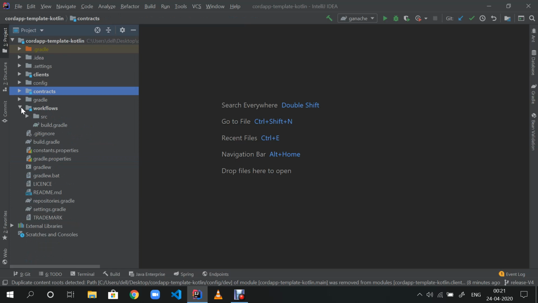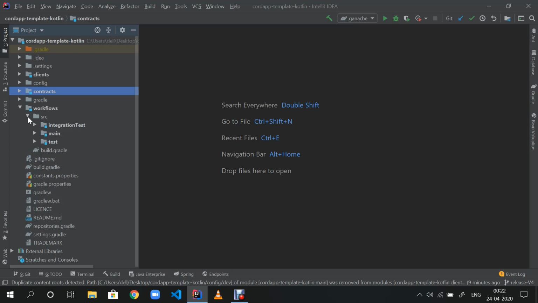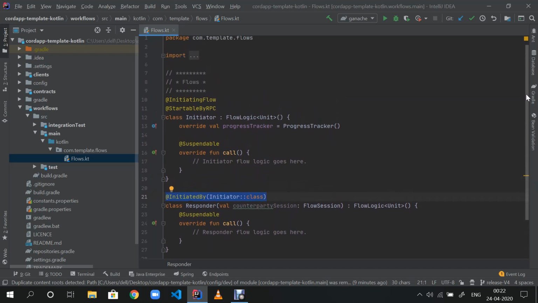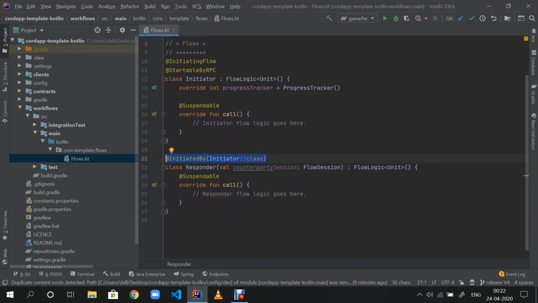So right, till now it seems quite difficult, but believe me, the easiest part is developing the state and the contract. The most difficult part comes when there is the development of workflows. In the source folder, in the main folder, there is a flows.kt file. Now there are a few annotations written. We will be giving focus on them in the later lectures where we will look individually. With just a quick overview,